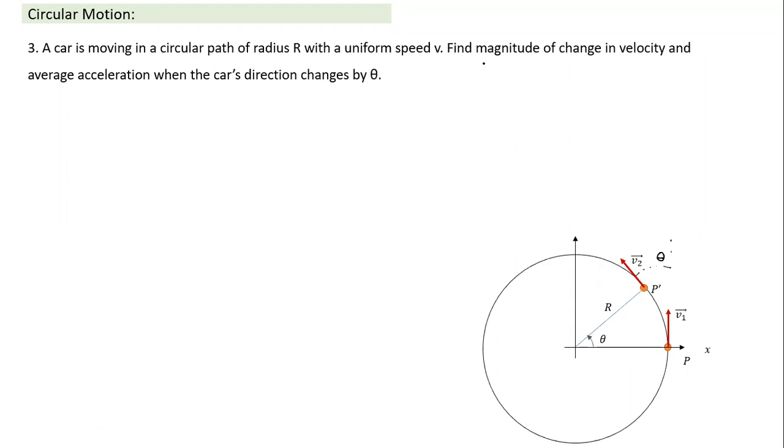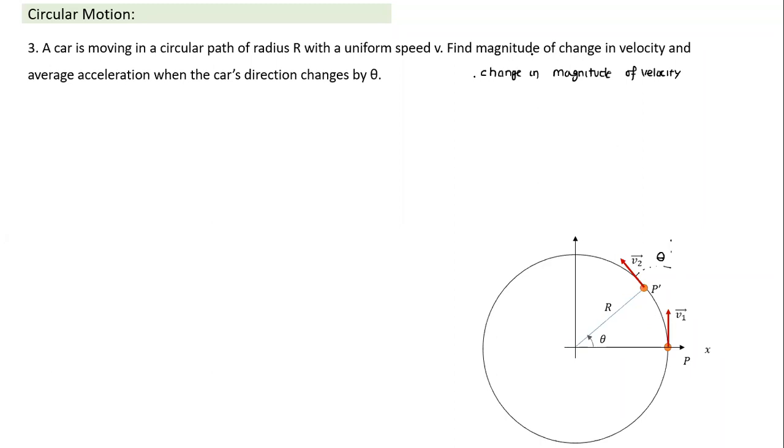See, understand the difference between the two terms. One is the magnitude of change in velocity. The other is the change in magnitude of velocity. Both things are different. In the first case, we calculate the change first. In the second, the magnitude is calculated first, and then we calculate change. If the wording was change in magnitude of velocity, the initial magnitude is v1, the final magnitude is also v1, so the change is equal to 0.